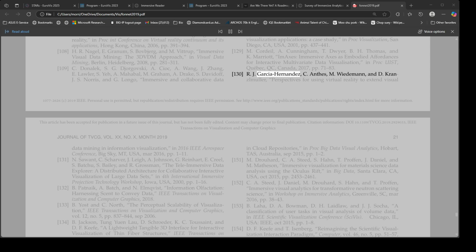130. R. J. Garcia Hernandez, C. Anthes, M. Wiedemann, and D. Kranzlmüller, Perspectives for Using Virtual Reality to Extend Visual